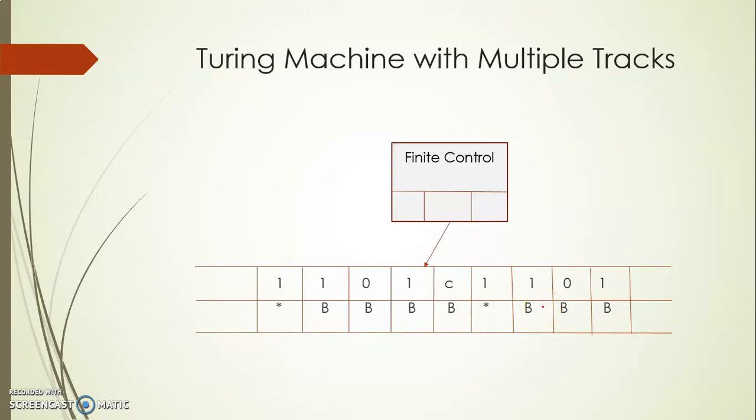And finally, if these conditions get satisfied, that is, if the string is of the form WCW, then the Turing machine will enter the accepting state, stating that this given input string is of the form WCW, and it belongs to the language of the given Turing machine. That I can conclude, right?